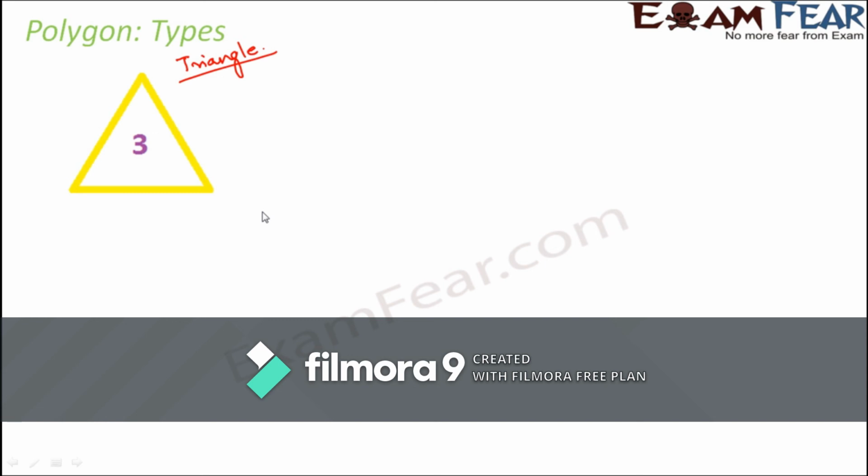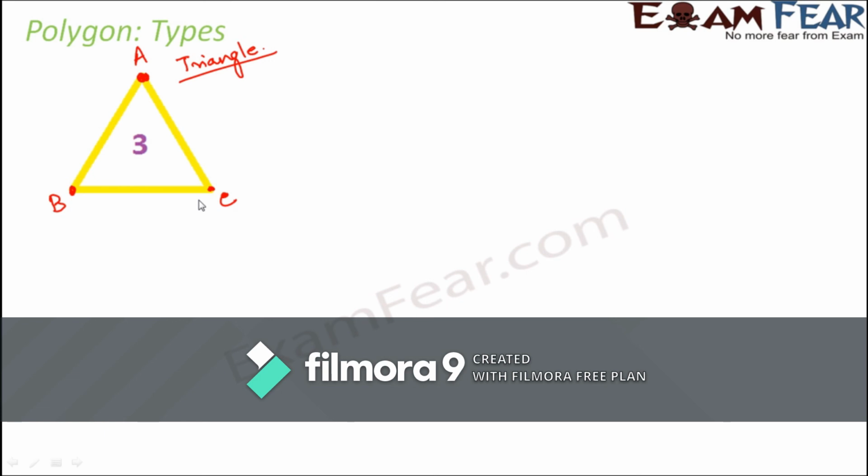Now in case of a triangle, these are the 3 vertices, right? Let's name them. Let's say this is ABC. So if ABC is a triangle, point A, point B, point C, they are all the vertices. Now if you look at A, is there any non-consecutive vertex for A? No, because both B and C are the consecutive vertices for A. Therefore, there is no non-consecutive vertex. Therefore, the number of diagonals possible in a triangle is 0.